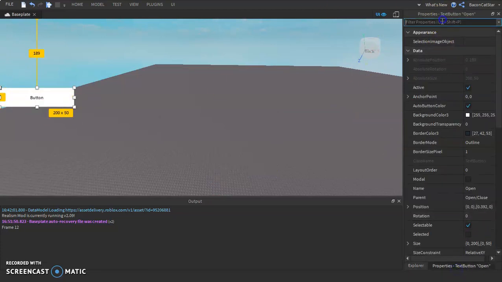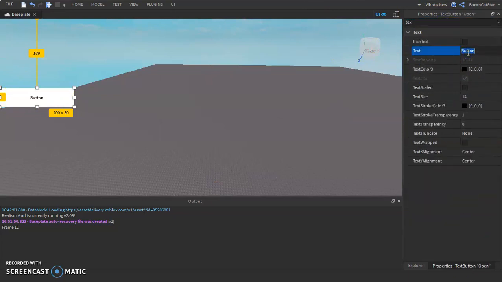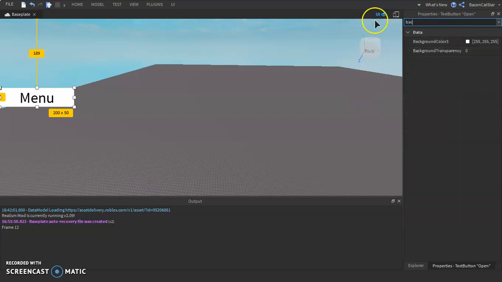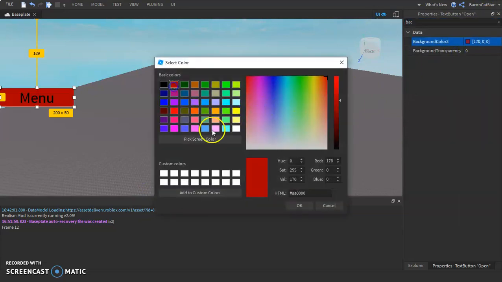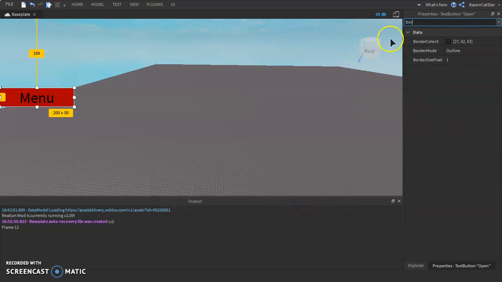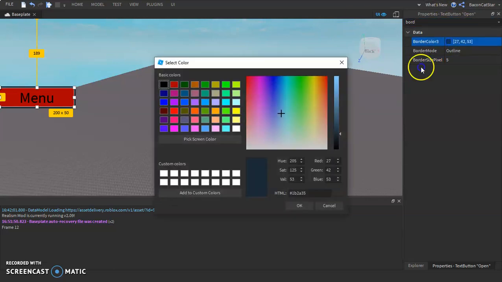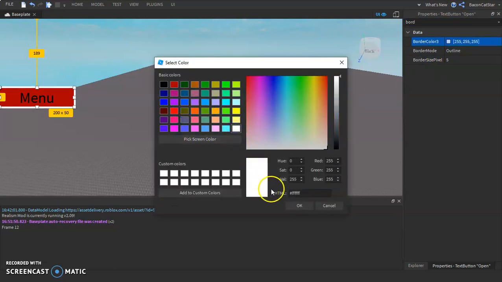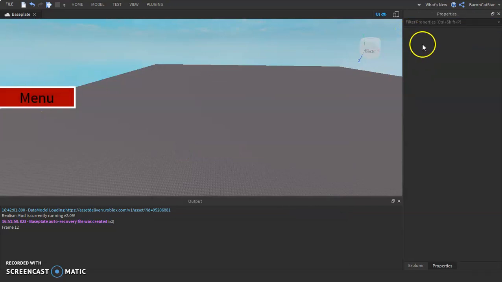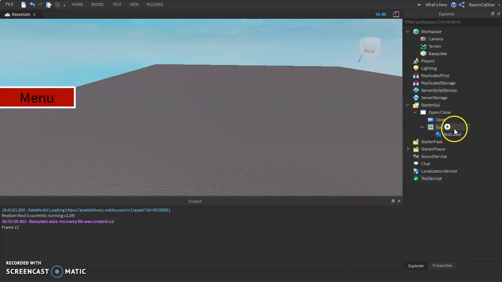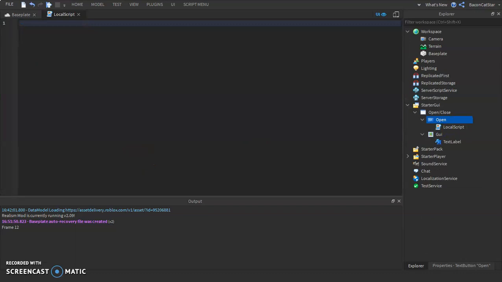And then the text will be menu or something. Let's just decorate it. I'm gonna make it red. There, so now that we have our menu button, insert a local script inside of the open GUI, and then name it